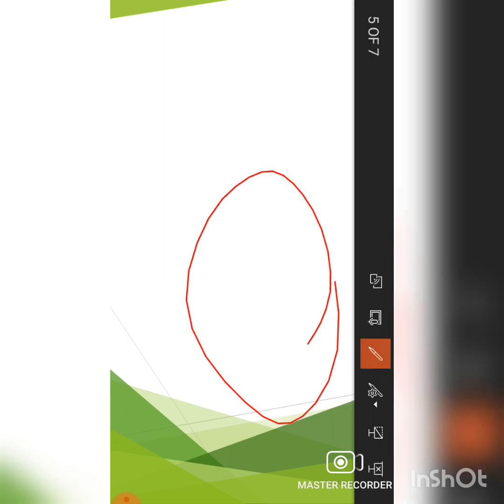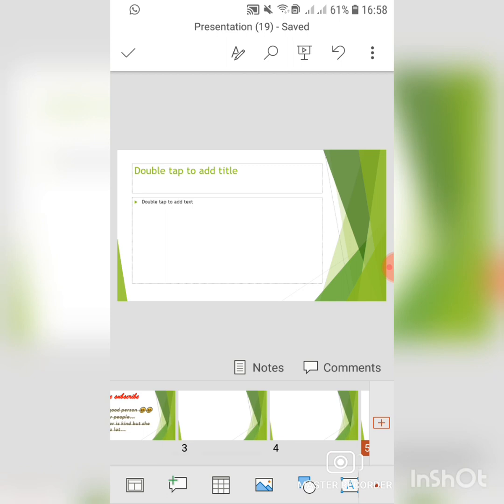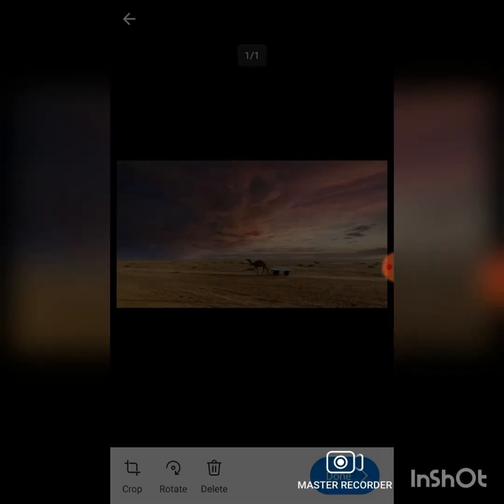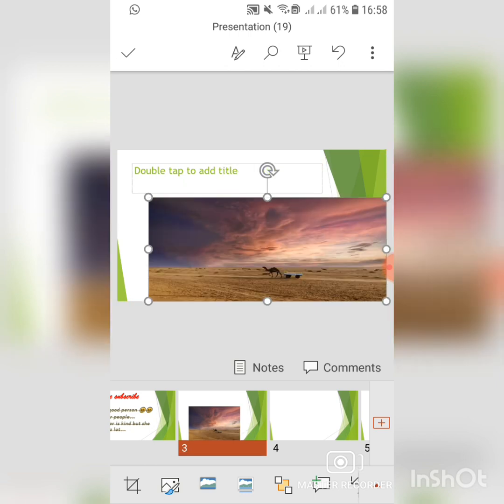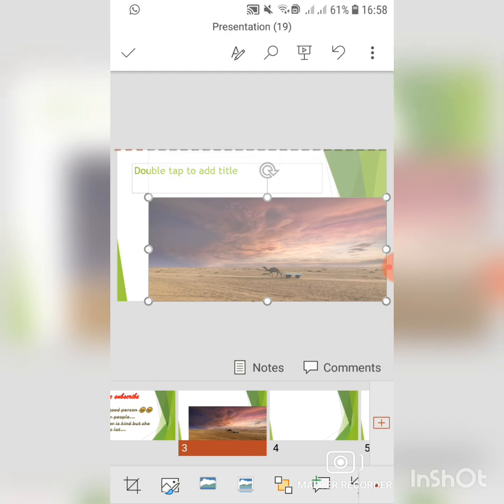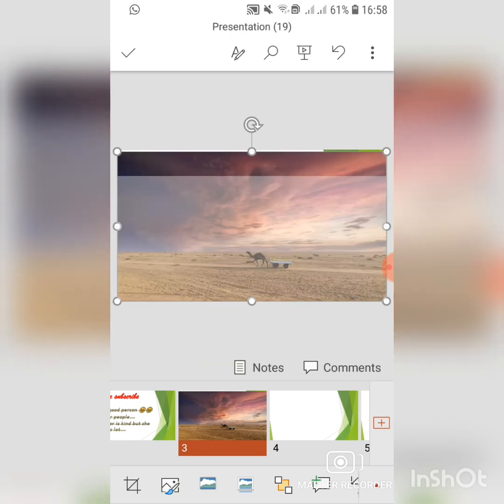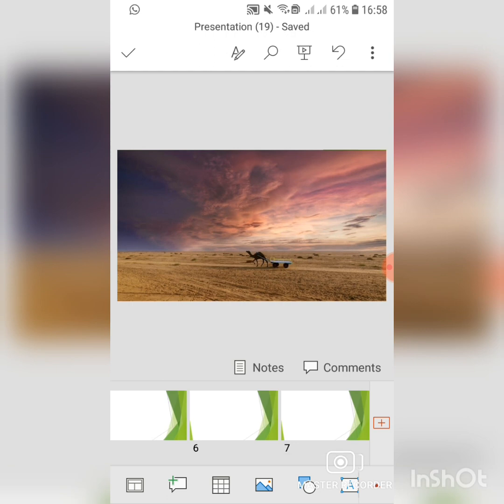Now you can even use a pencil on what you have written or to teach something. This I have done. On this also, if I create, I'll add images like I told you, the mountain images. I added this again. I can even add it to full page, but if it shows these dotted lines, it means you must stop here, it is the last side. Yes, and done. I have done this image like this. You can do it in many more ways. Till now I'll just teach you till here.